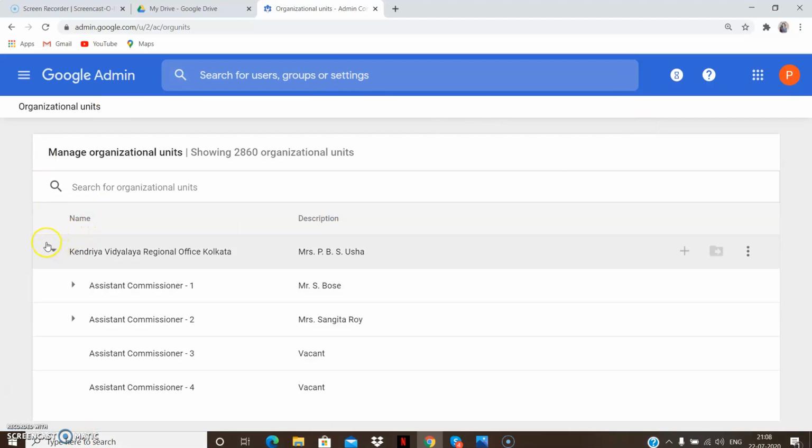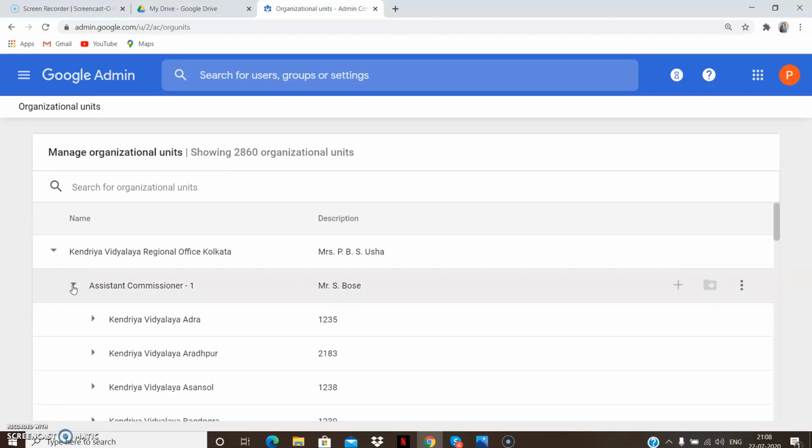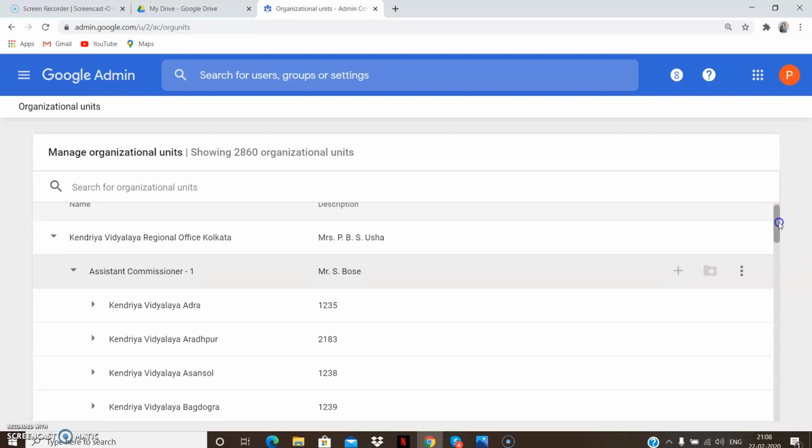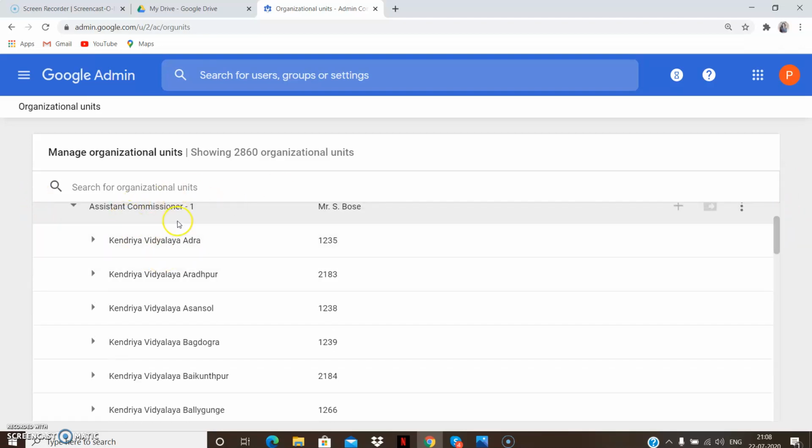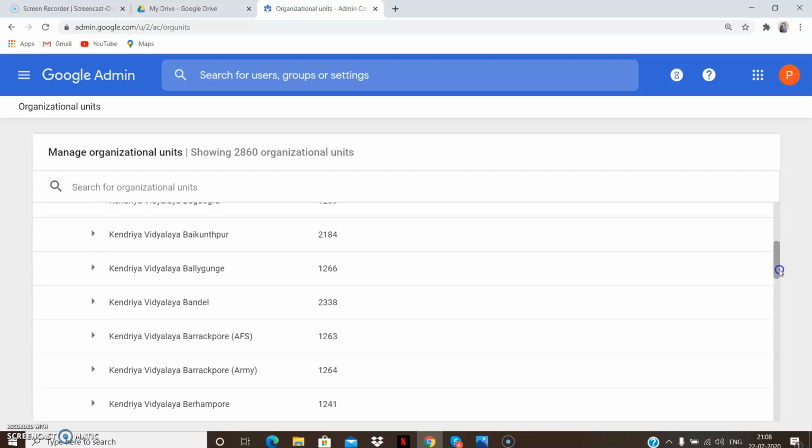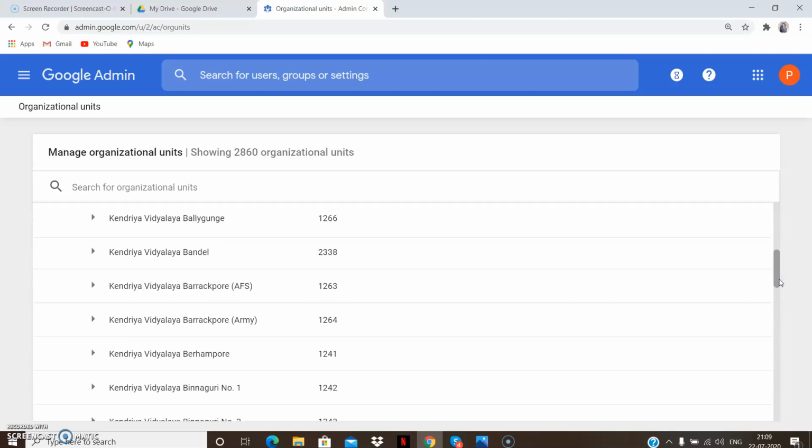यहाँ the Kendriya Vidyalaya regional office of any region will be the parent organization under the guidance of Honorable Deputy Commissioner. After that, all the Honorable Assistant Commissioners will be mentioned. And finally, जब we click on the arrow of the Assistant Commissioners link, we get to see all the names of the schools which belong to the guidance of those assistant commissioners. Now let us come to our Vidyalaya.